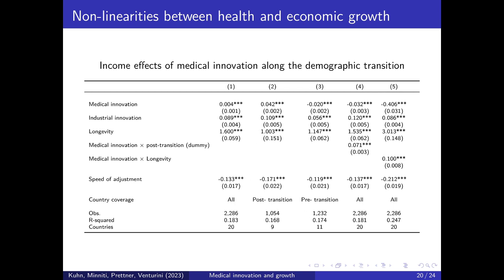First, a sample split into countries before the demographic transition and after the demographic transition, where we make the distinction based on life expectancy of 50 years, which is the same threshold as Cervelati and Sunde use, and which is by coincidence also the transition from the second stage of the epidemiological transition to the third stage of the epidemiological transition as classified by Omran in his paper from 1998.